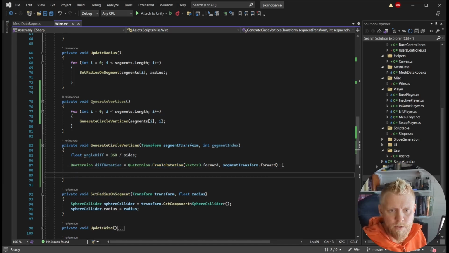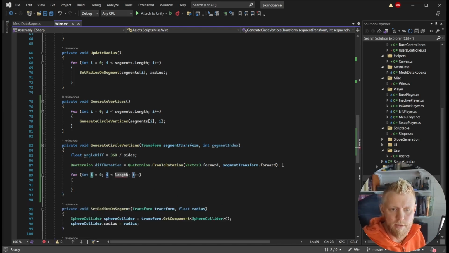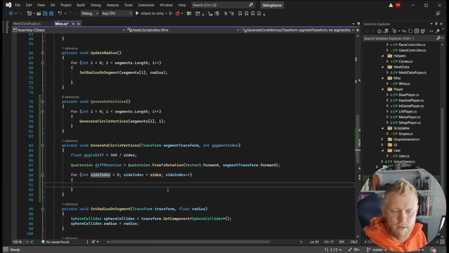So now we need to loop through all sides. Currently we have 4, but that could be different. So for each side, we'll create a side index. We will do this for as many as we have sides. For calculating the position of the point around a circle,